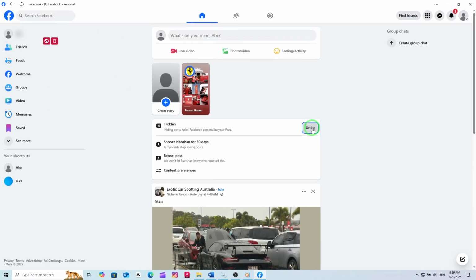The best part is, this action won't remove you from the group or affect future posts, unless you choose additional options that may appear, such as hiding all from this group. This new update makes it much easier to control what you see every time you open Facebook. You now have the power to keep only the group posts you care about and get rid of the rest